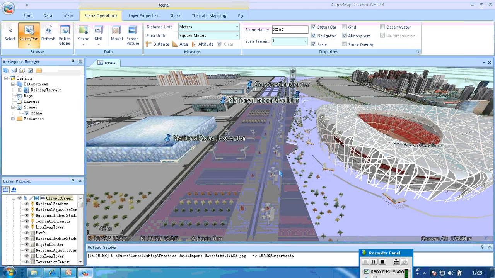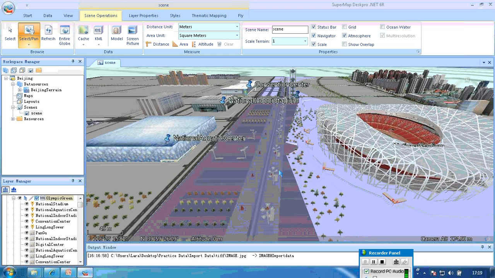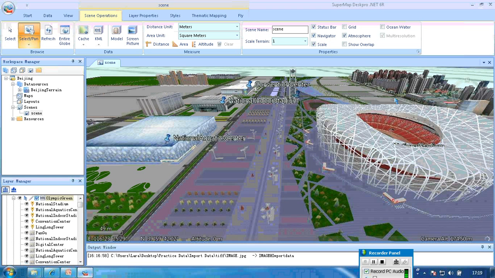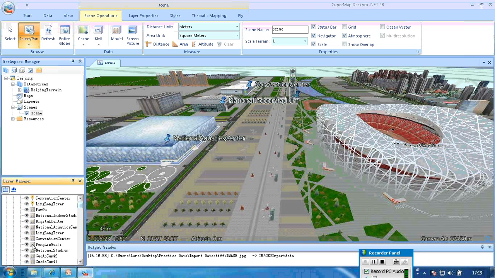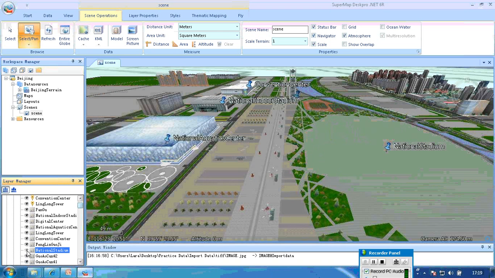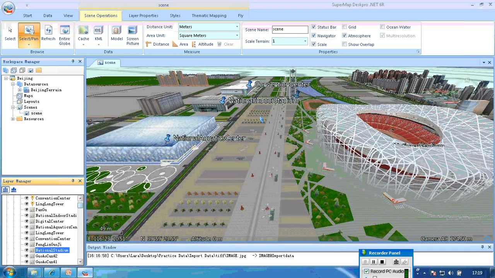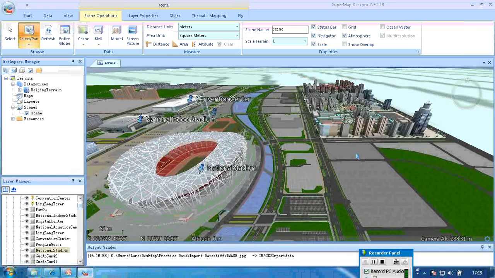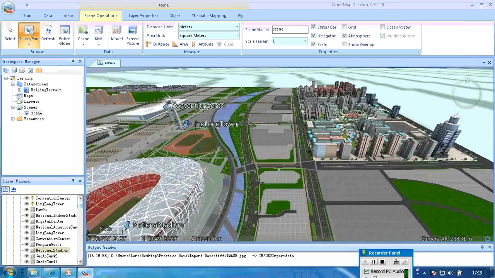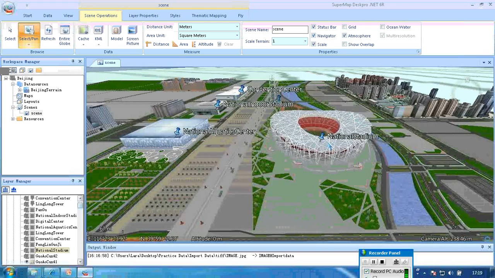Now, the scene is opened successfully. And in Layer Manager, you can find a KML layer named Olympic Green. Open it. You will find some landmarks and some 3D models here. And in the 3D scene, you can see some 3D models such as the building, the road,